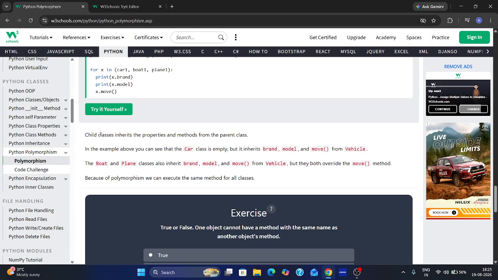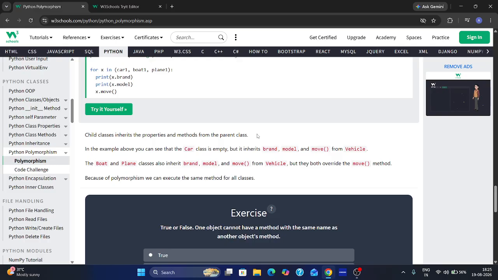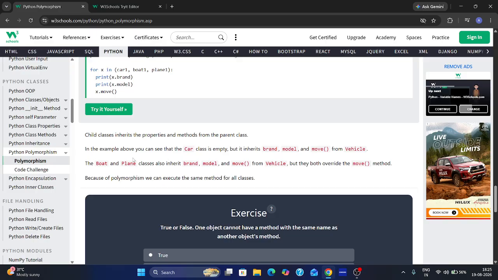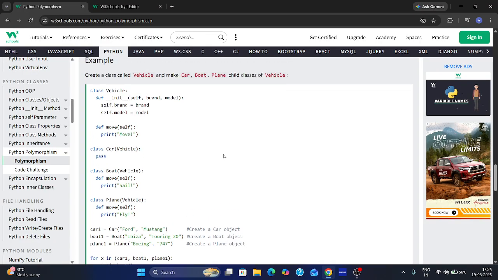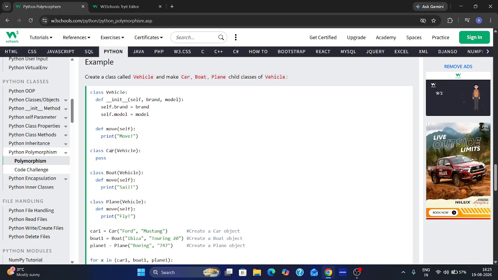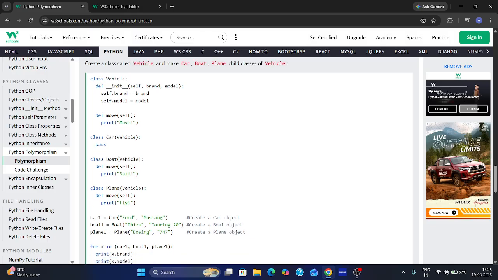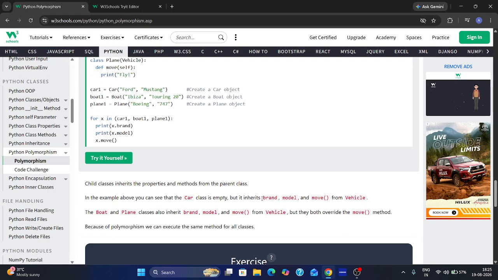Child classes inherit the properties and methods from the parent class. As you know, a child is one who has the DNA of their parent. That means inheriting. In the example above, you can see that the car class is empty. Here the class of car is empty. You can see here we have used pass,